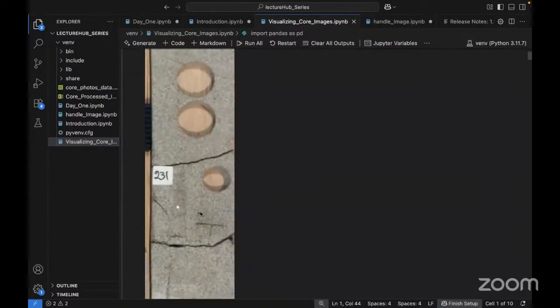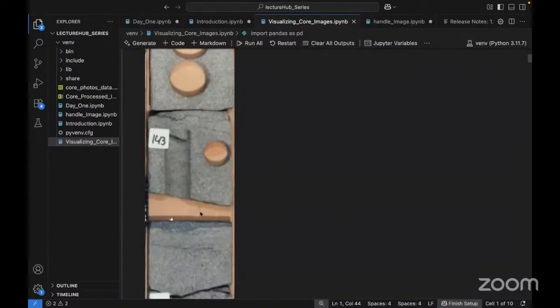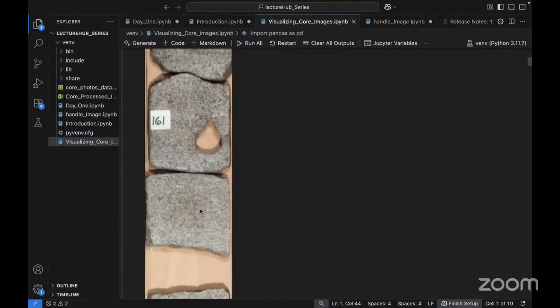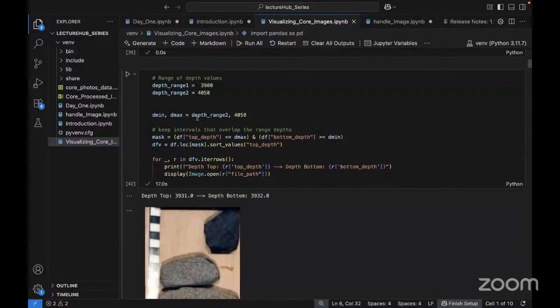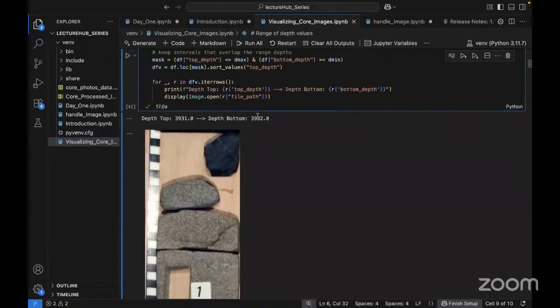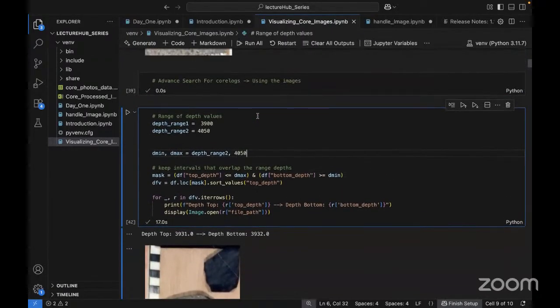The second way you could search, which is the most effective way, would be this. Sorry, I need to get this off. You have a particular depth range of values. What happens is... what am I doing here? What was I trying to do? If I can remember. Okay, so what's going to happen here is the minimum depth range 1 and